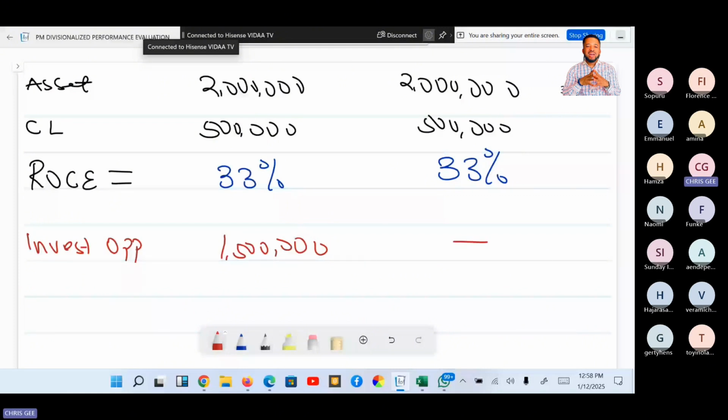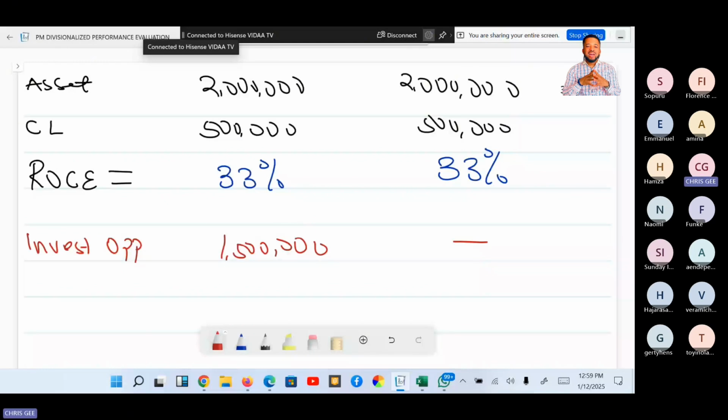There's always a time lag between when you invest and when the return comes. True or false? So for the first few years, it's possible that this extra investment will not generate as much return as it should. True or false? So it means that your return for that early period will actually be reducing. Now, if I'm recalculating this ROCE,